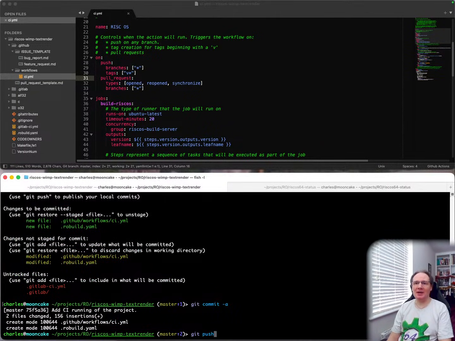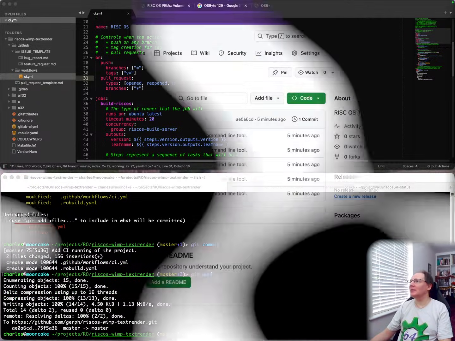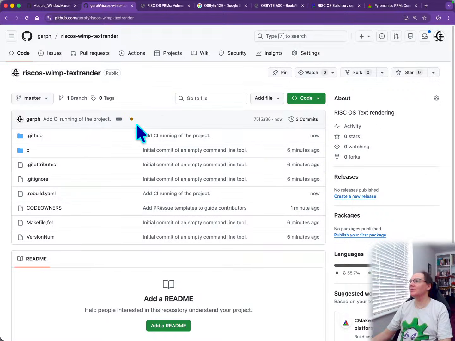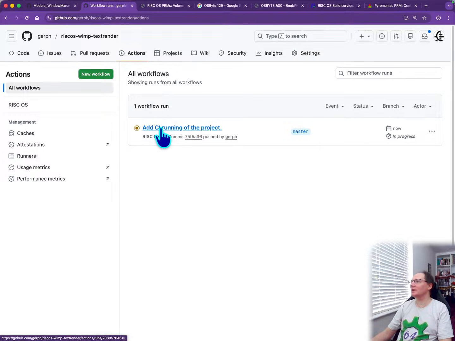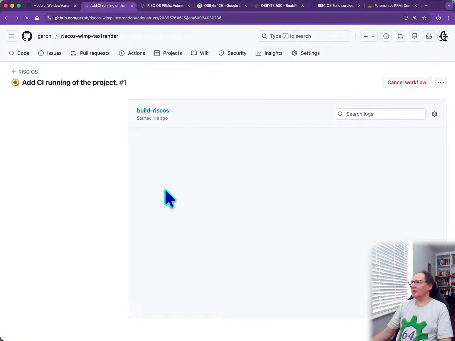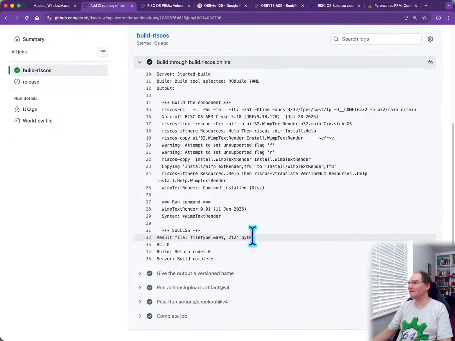Okay, and we will push that to here, and it'll turn up in here. And if we reload the page, we should now see pending dot there, and we can go to actions and see that it's already started running the CI on there to test that it works. We have a quick look at it and see it was successful. It built it, and then it ran it, and it produced a message saying that's all it does. Okay,